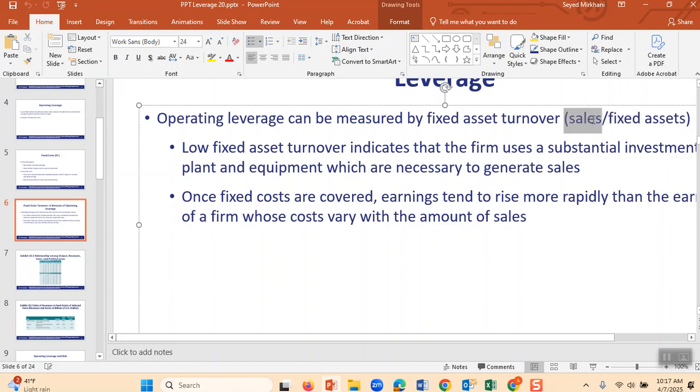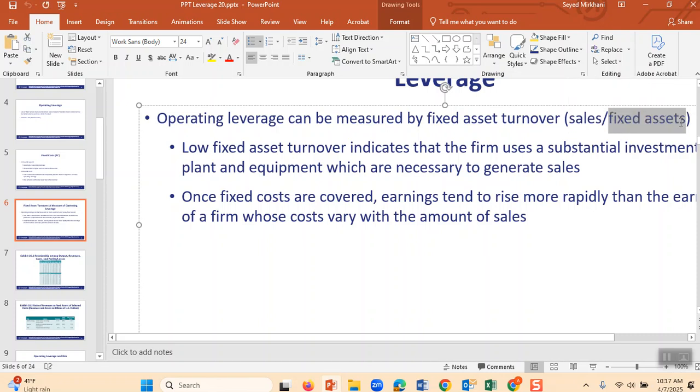Therefore, it is called asset turnover. The meaning of asset turnover is that every year the assets are covered by sales twice. That means the sales can cover two times the assets of a company.